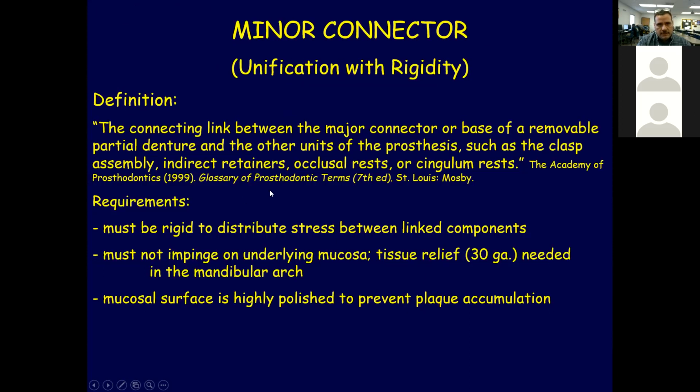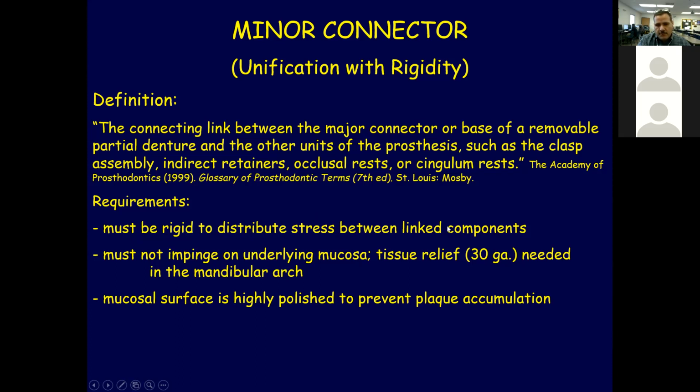All right. So minor connector is connection between the major connector and other parts. And so let's connect the major connector of the base removable partial denture to the other unit processes such as the clasp assembly, indirect retainer, occlusal rest, cingulum rest. All parts of the partial denture should be rigid